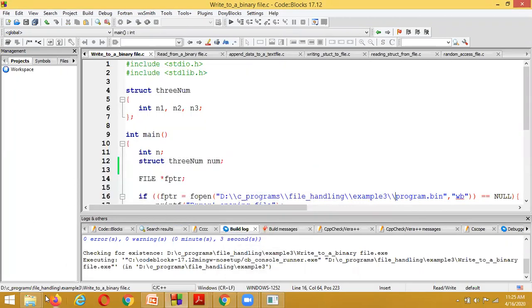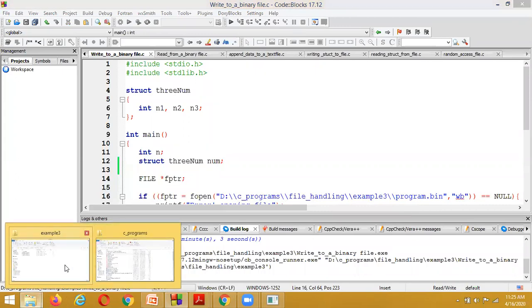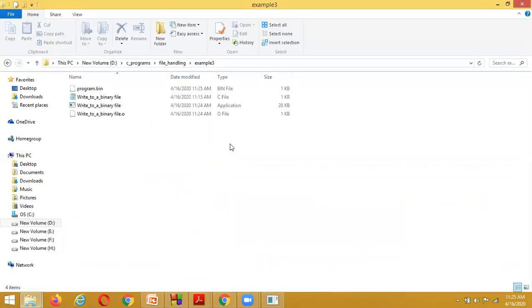Now we are going to see whether the file has been created or not. Now the file has been created at 11:25 a.m. And what file has been created? A binary file has been created.